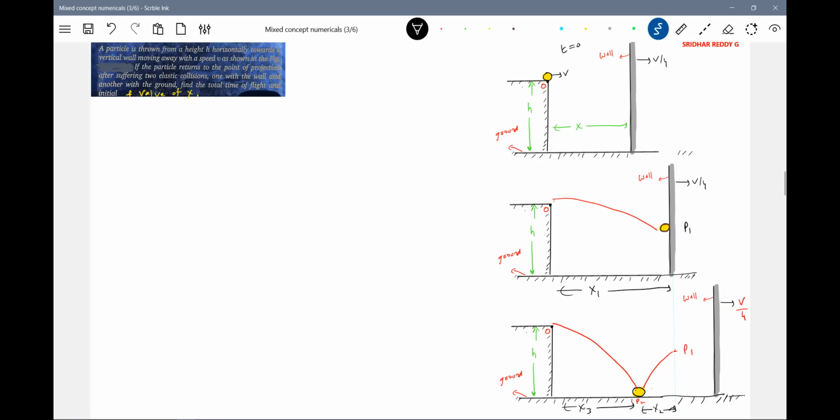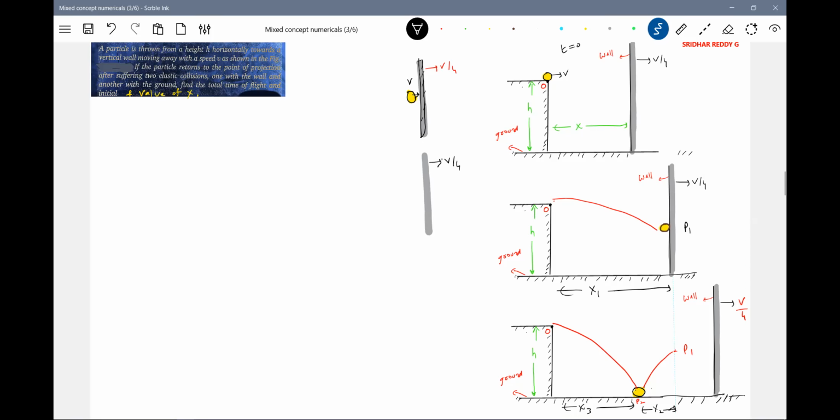Okay, let's get into some collisions. I'm projecting with a speed v. Will anything happen to the horizontal component of velocity? This was the wall, a little bit of collision. Just before collision, the ball will have velocity v. It will remain constant, and the wall will continue to move with a constant velocity. It was moving with a velocity of v by 4. After collision, will anything happen to the speed of the wall? It should remain the same.